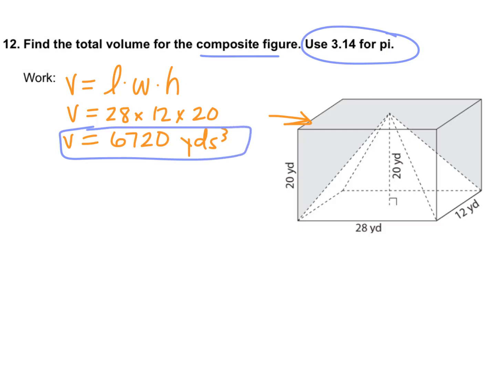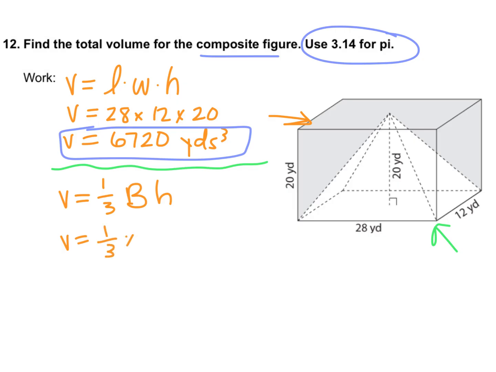Then we haven't really done a lot of these, but this is a square pyramid, like a pyramid shape. That formula is 1/3 the area of the base times the height. The shape of this base is a rectangle, which is length times width. So I'm going to go 28 times 12, and then multiply that by the height. Okay, so doing all that gives me